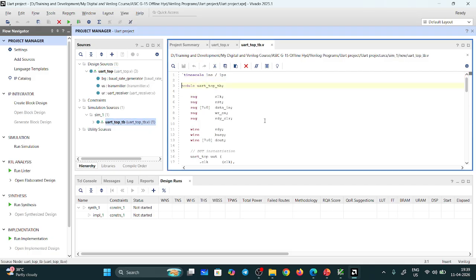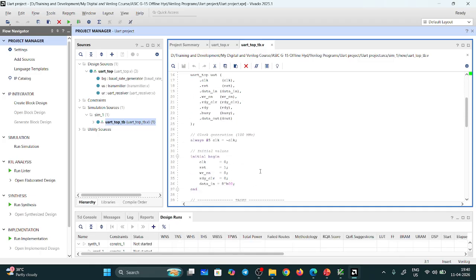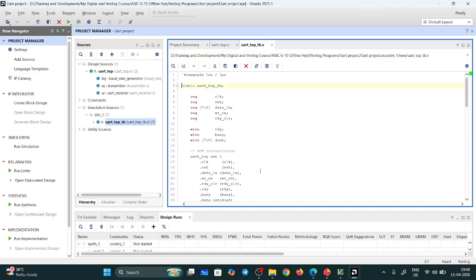Yeah, TB also I wrote. Okay, this is my test bench file. How to write TB for the top module? I wrote the TB. So that means here if you see the TB file,